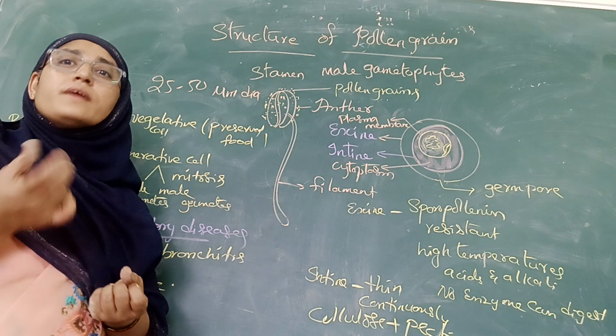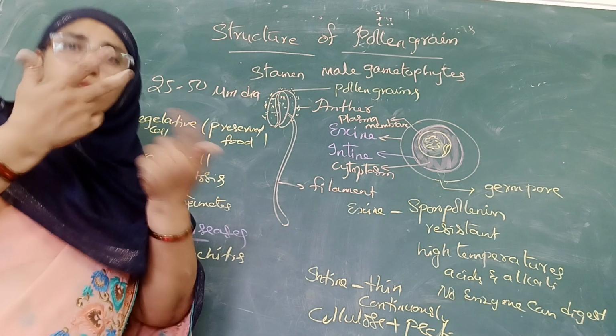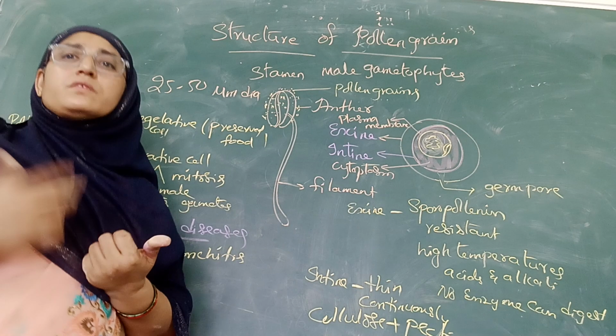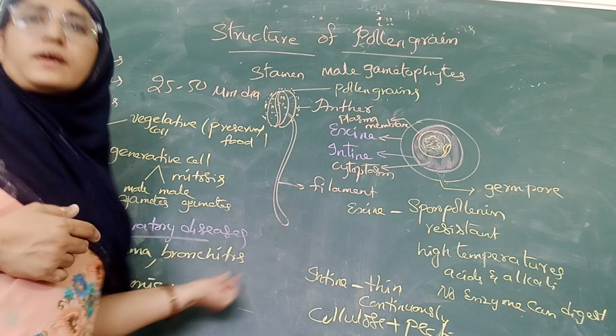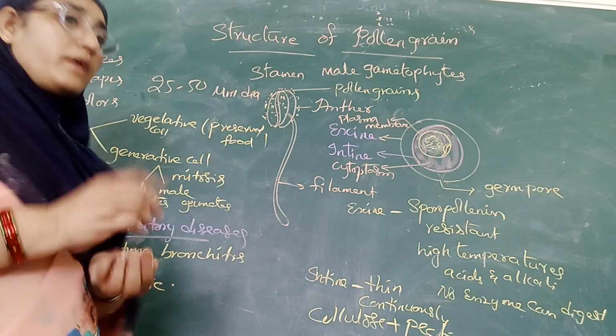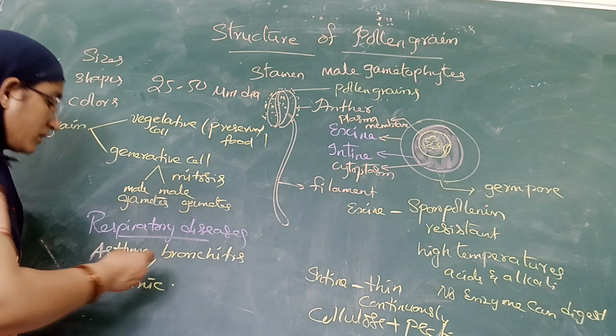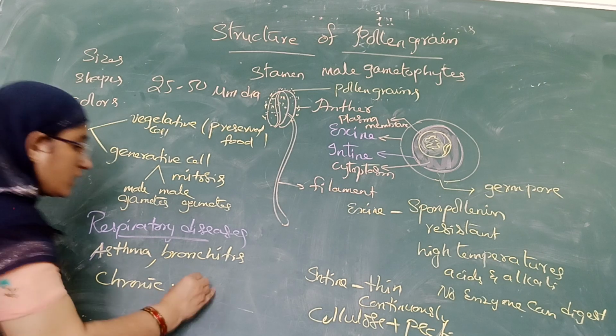the wind, as these are very light in weight. They may transfer, and when they reach us, when we inhale such air which is contaminated with pollen grains, it leads to respiratory diseases like asthma and bronchitis, etc. And you may have heard about a plant which causes pollen allergy, that is Parthenium.